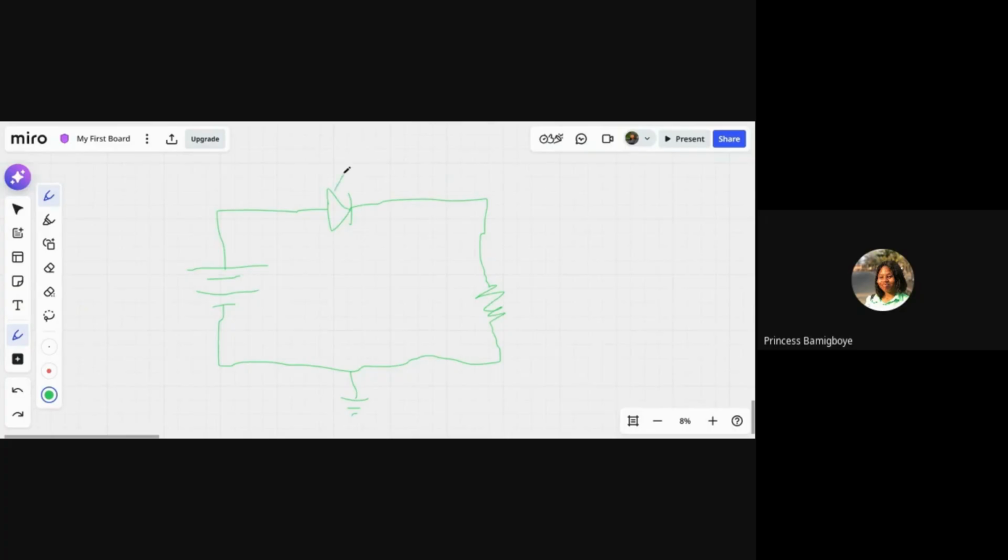The LED symbol is not complete without the arrows. This is arrow 1, this is arrow 2. Please don't mind my drawing, I beg. So this is my battery. This is the symbol for battery.